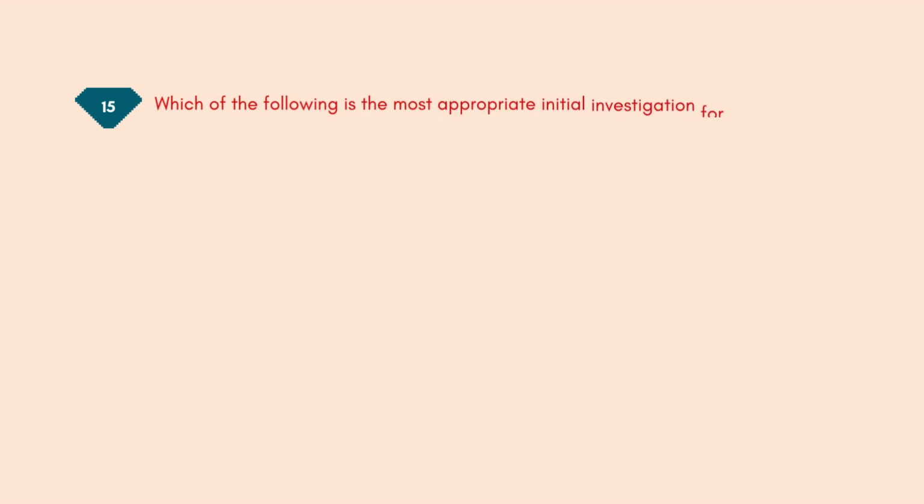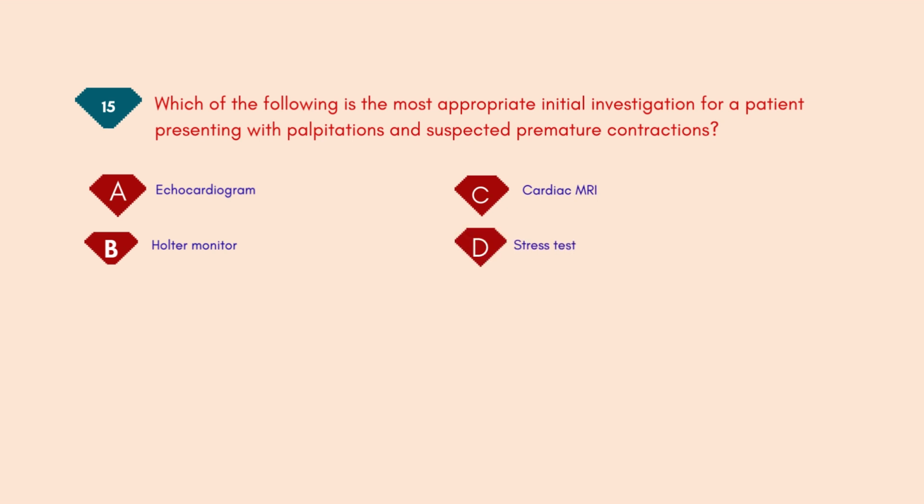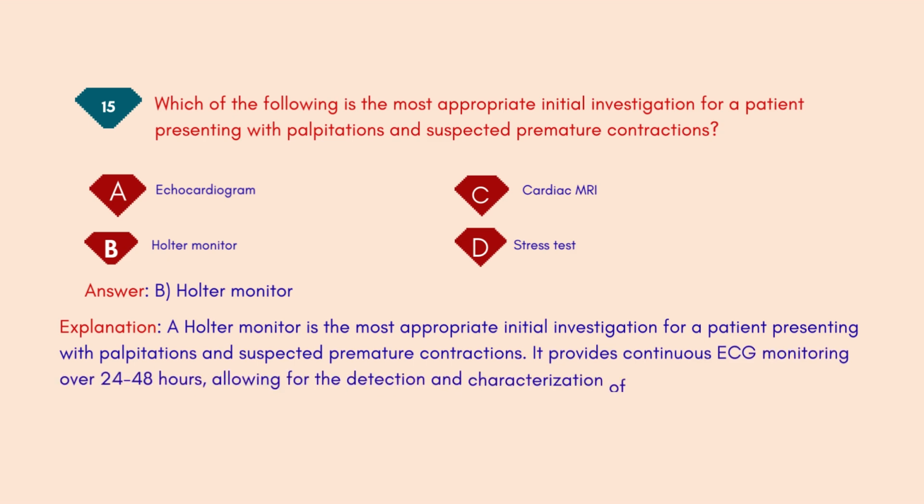Which of the following is the most appropriate initial investigation for a patient presenting with palpitations and suspected premature contractions? A. Echocardiogram. B. Holter monitor. C. Cardiac MRI. D. Stress test. Answer: B. Holter monitor. Explanation: a Holter monitor is the most appropriate initial investigation for a patient presenting with palpitations and suspected premature contractions. It provides continuous ECG monitoring over 24 to 48 hours, allowing for the detection and characterization